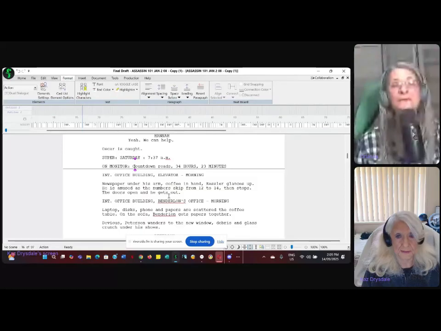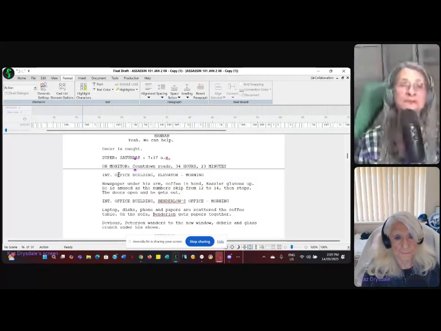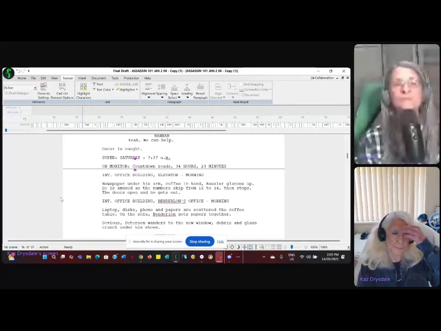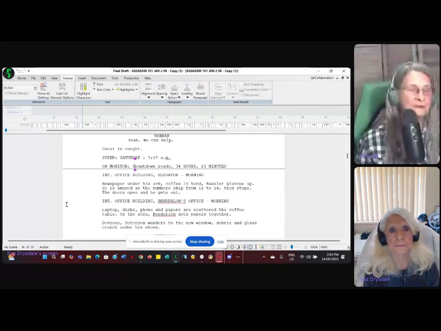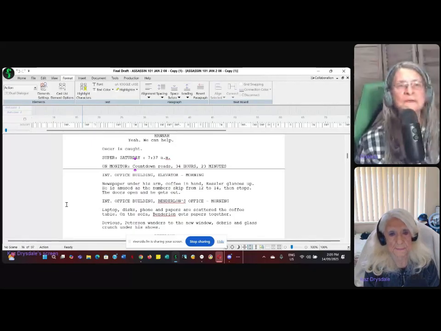And then now we're inside an office building. And specifically with a comma breaking it in an elevator. And this is morning. Now the difference between that one and that one is this one is an interior.